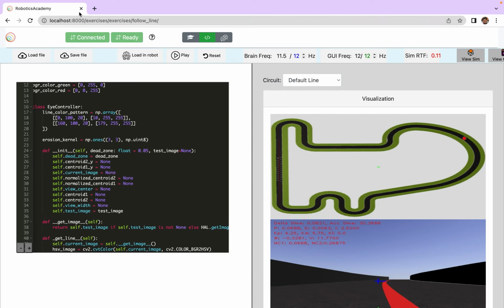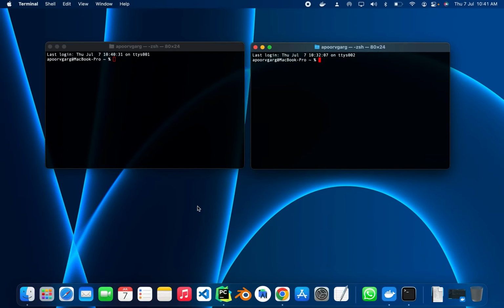Now let me try another method, how to run Robotics Academy through the Django server and Redeye separately. So for that, keep the two terminals open, and first go to the repository in which we have the Robotics Academy. You can see now I'm in the repository. Let's run the Django server. To run the Django server, you need to first have the virtual environment. So to create a virtual environment, just write virtualenv and the name of the environment. I have already created one,